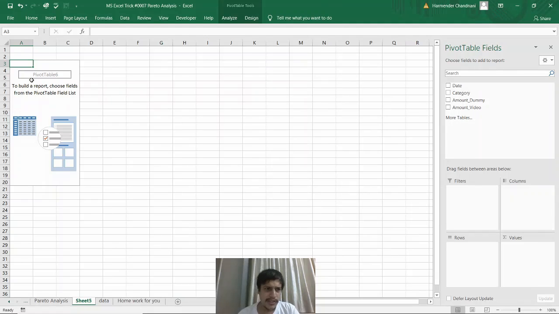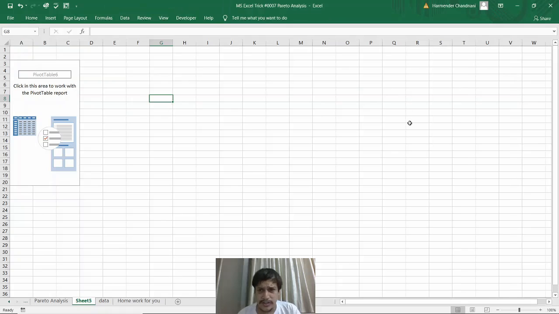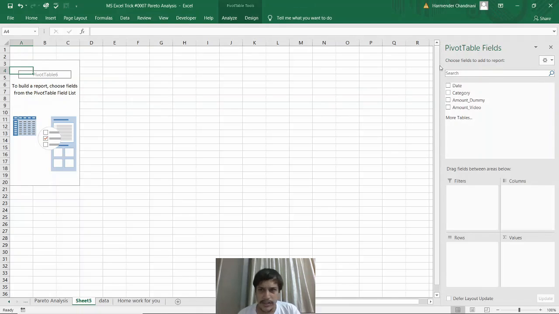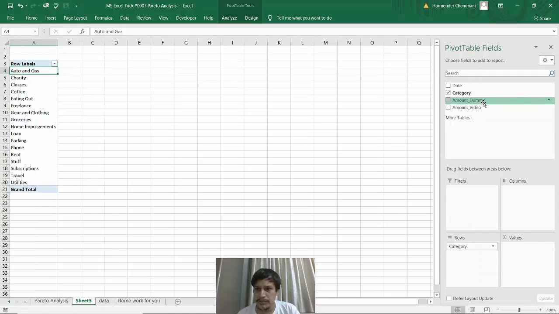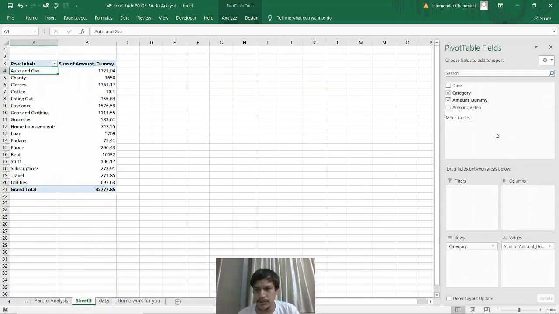This is showing number 6 because I was just doing practice before this video, finding whether the data is actually making some sense to show analysis or not. So this is a pivot table. Now if you put your cursor here, we have fields. I'll put categories here, and for the first dummy amount twice, because first I'll do my analysis